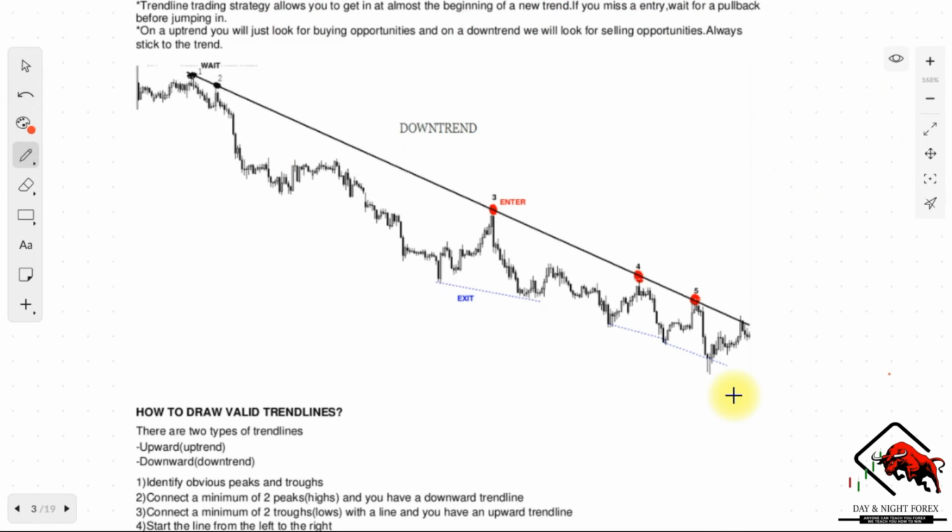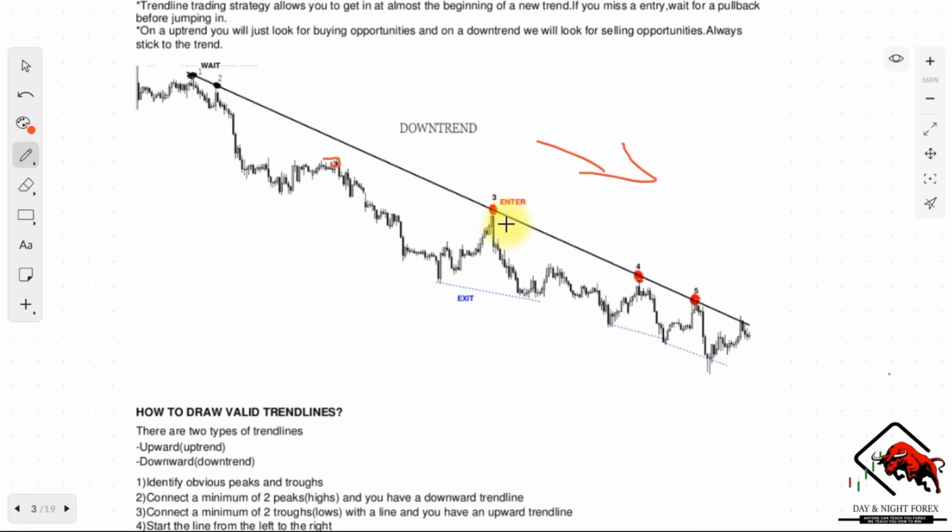So as you can see right here, in a downtrend example, it's the same thing. Here we actually had to wait quite a long time before we entered this trade, because look what happened. We had our 2 points that we used to get our trend line, right, and then we got the trend line, but then we had these points which came a little bit closer to the entry point, but it didn't touch the trend line, so we did not validate that. It was not a third touch, so we left that alone and we waited for it to actually come and